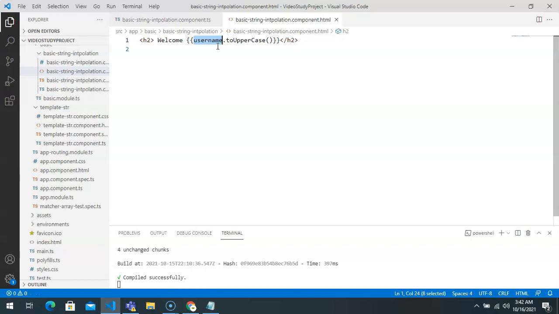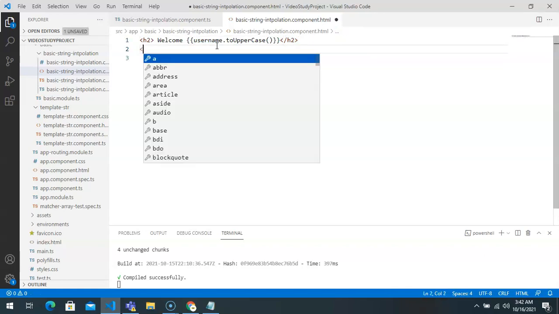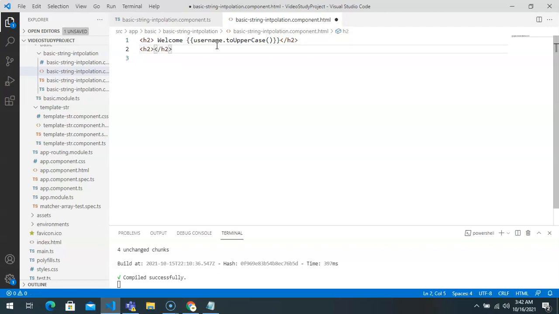Now let's see another expression where we can give another demonstration. Here I'm going to write another h2 element.